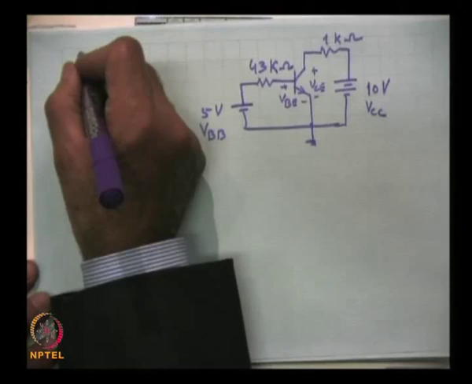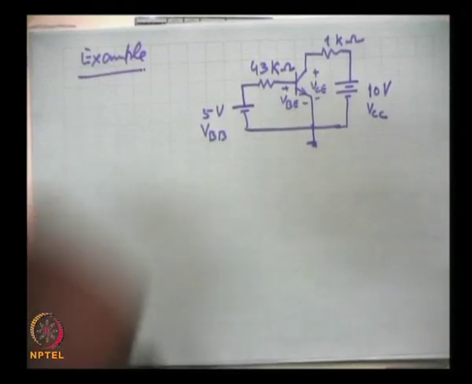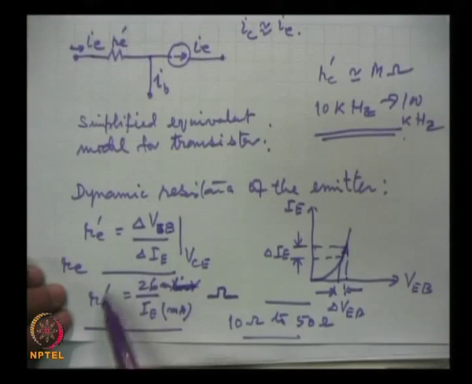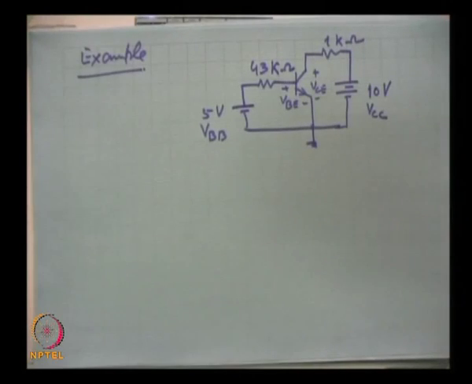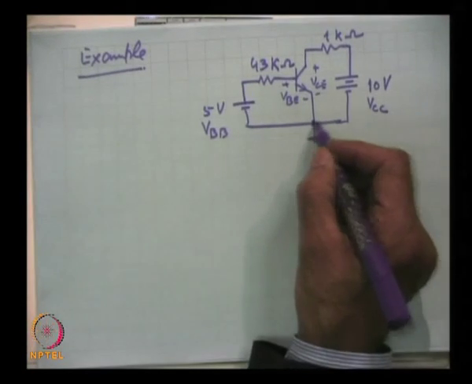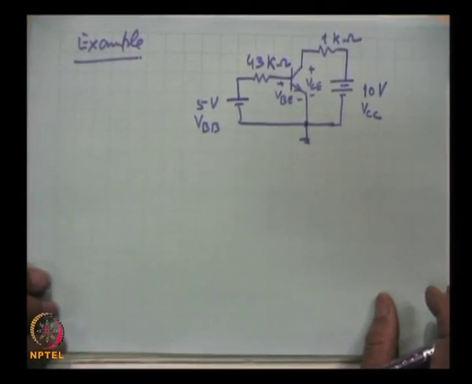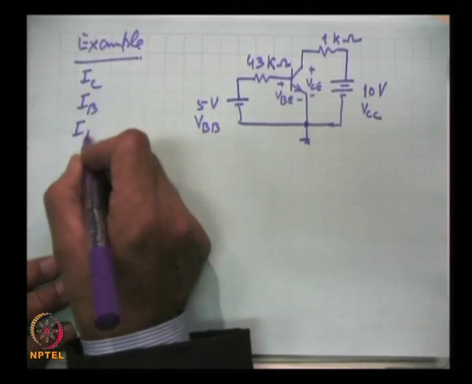This is an example. For example, we have seen here that to find out the value of this dynamic resistance, we need the value of ammeter current. So, I am taking a general example to demonstrate how simple it is to calculate the three currents IC, IB and IE in